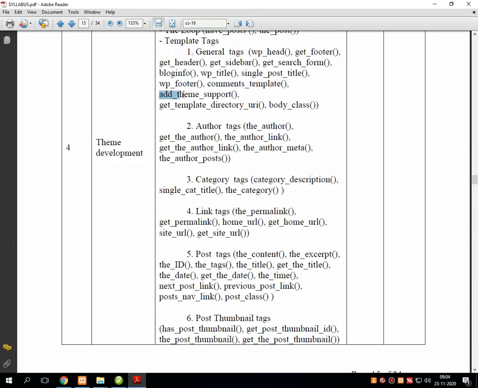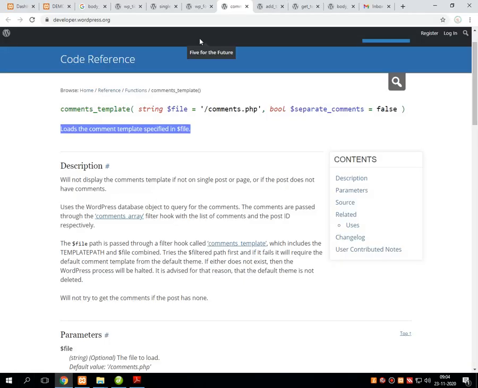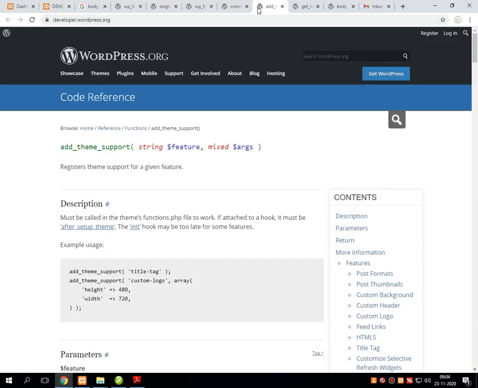Next function is add_theme_support. This is a miscellaneous function which is provided by the WordPress community. The purpose of this hook is to register theme support for given features. Say for example, right now we are in the learning phase of this subject.